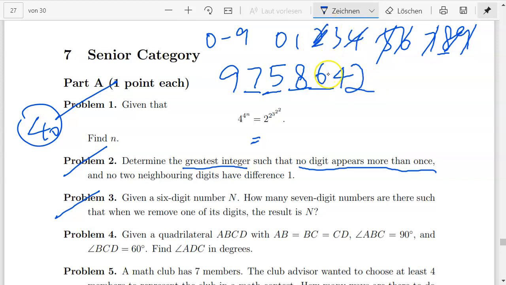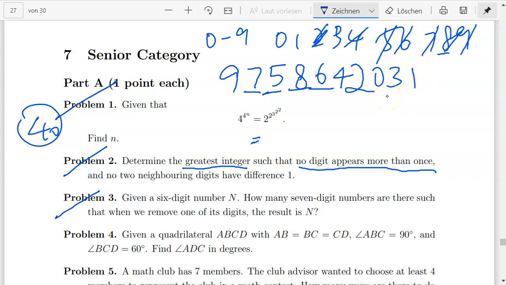So now what we are left with is 0, 1, and 3. But now 1 and 3, 2 is between 1 and 3. So obviously we can't use both of them. So we will have 0 over here. And then 0 and 3 differ by 3, 0 and 1 differ by 1. So we cannot put 1 beside 0. So this is 3, and then the last